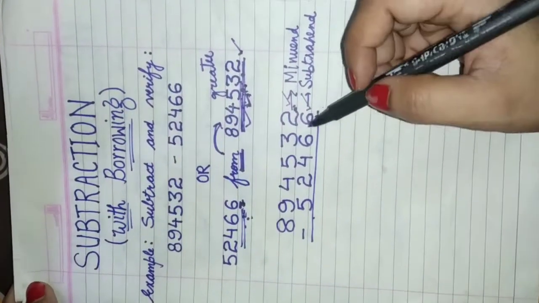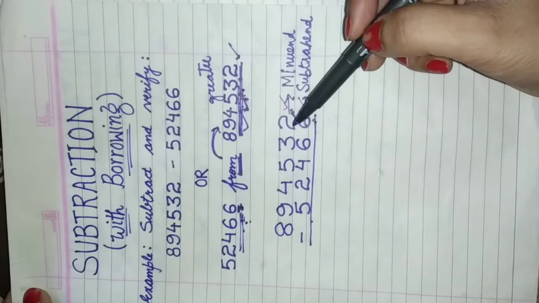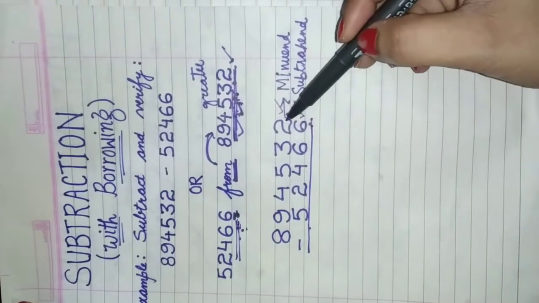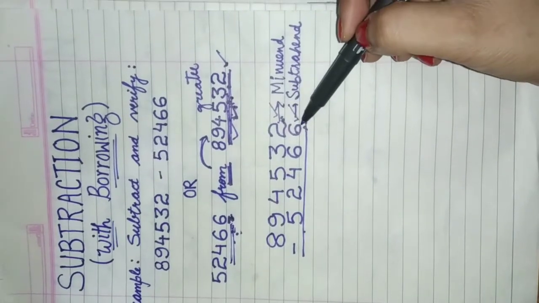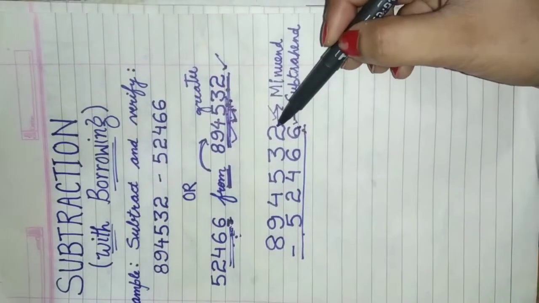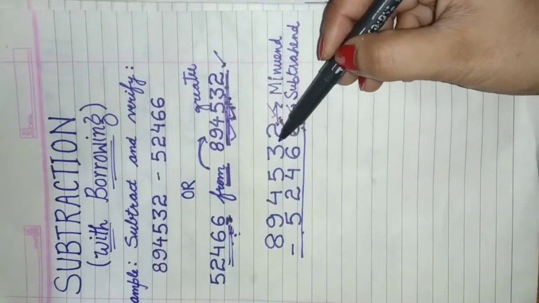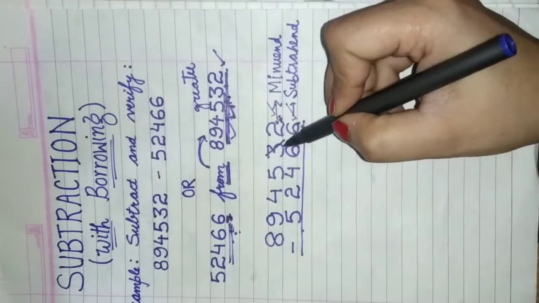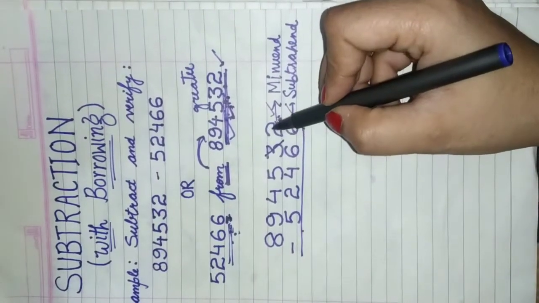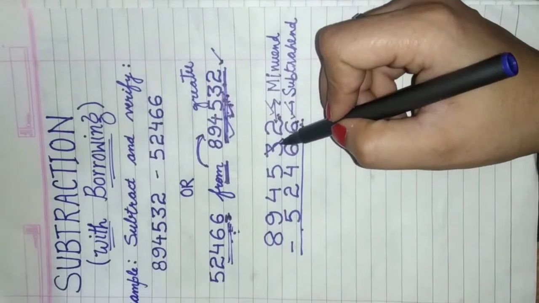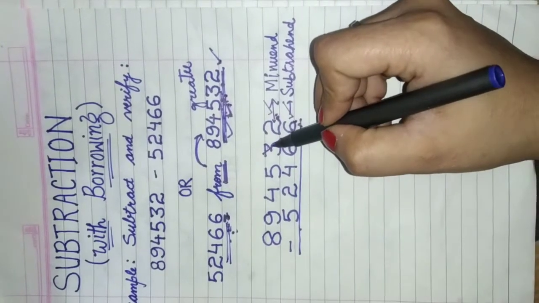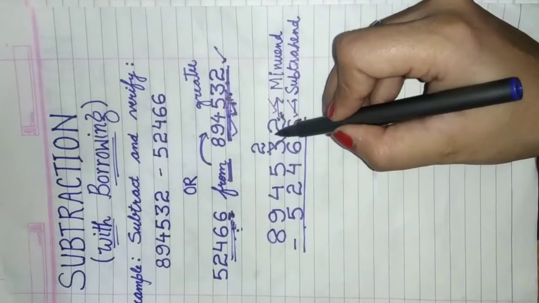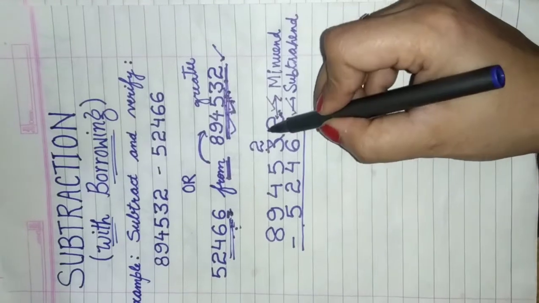Let's do it. Children, to start the subtraction from the ones place, you can see that the number 2 is smaller than 6. So we cannot subtract 6 from 2. We need to borrow 1 from the next column. We cut the number 3 and it gives 1 to the number 2, so it leaves behind 2. 3 minus 1 is 2. And it gives 1 to the 2, so that it becomes a bigger number. It becomes 12.